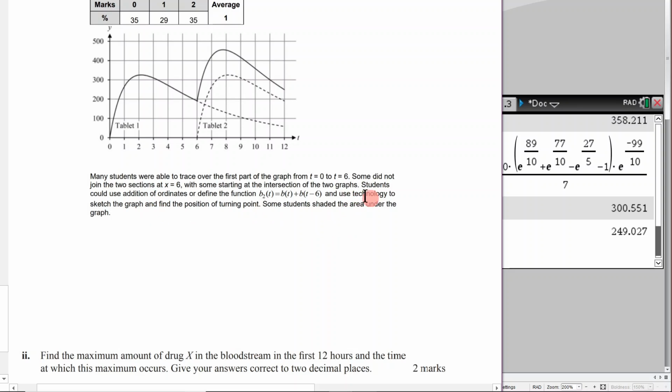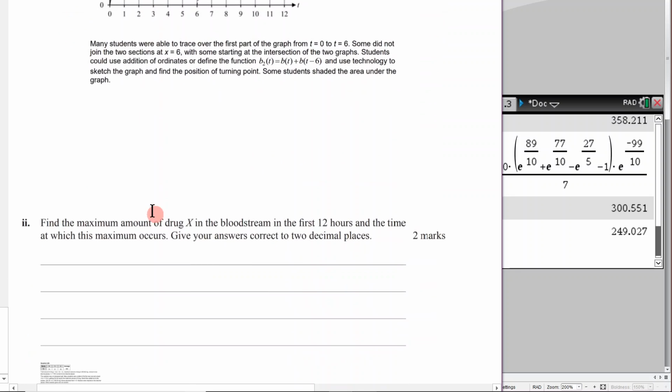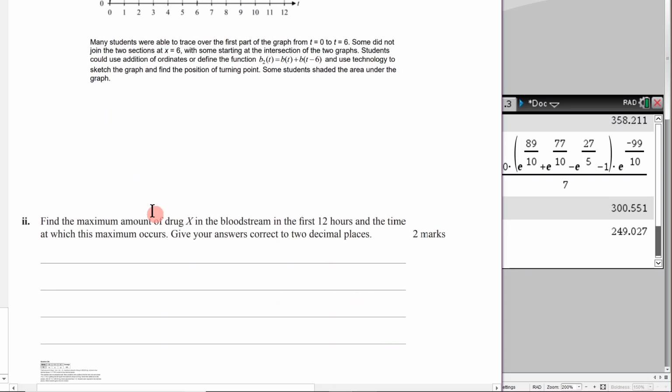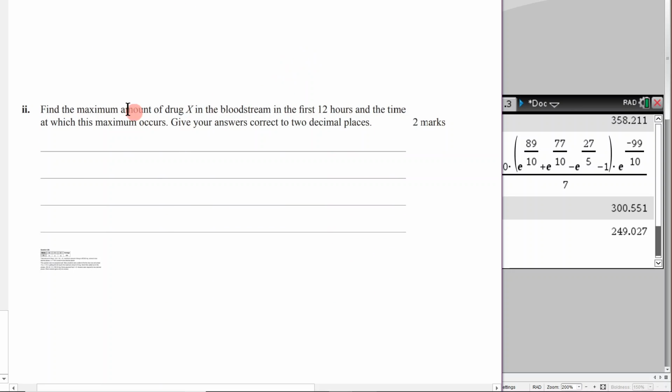So this is saying they use technology to sketch the graph and find the position of the turning point. Some students shaded the area under the graph. Okay, I'm not quite sure why they did that. Let's keep on going. Very last question here, which says, find the maximum amount of drug X in the bloodstream